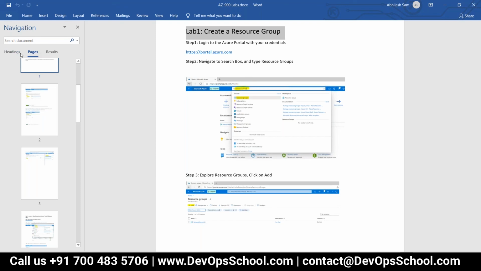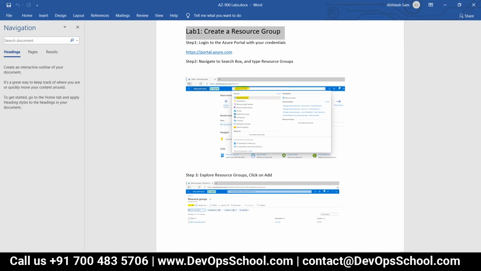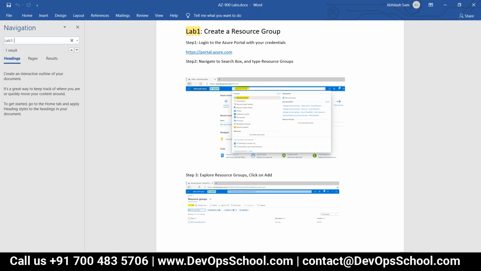It will be here, heading only. Then it will type here. Type lab 1. Just copy paste now.